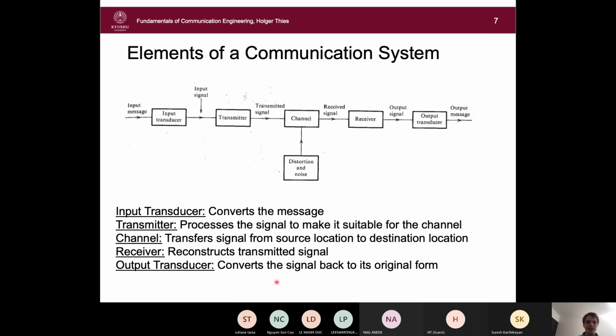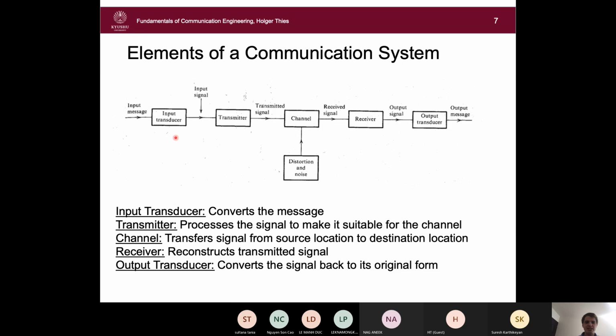Okay, let's see what all those different communication systems have in common. What we want to do in communication theory is find a generalized mathematical model of all these different communication systems. So we have to find out what they all have in common. And this following block diagram was proposed by Shannon in his fundamental work about communication theory. The idea is that every communication system is built of these blocks.